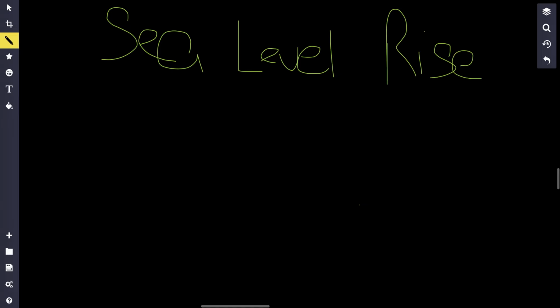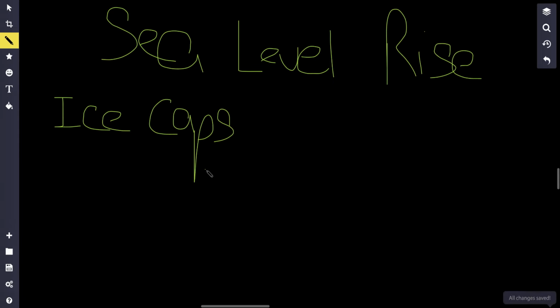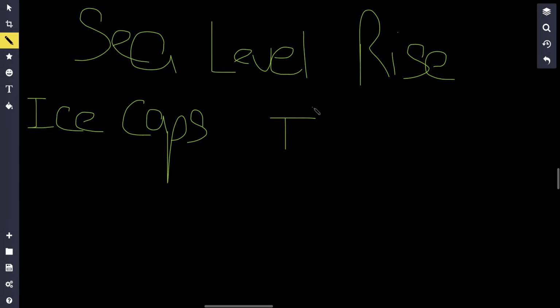And it causes sea level rise. What is sea level rise? It's when the sea level rises. And this is due to one of two reasons. So first of all, you just have the melting of basically ice caps. All right. So think about a glacier, right? That ice is going to melt because the Earth's getting hotter. That's going to release more water into the ocean. But another reason why is because of thermal expansion.